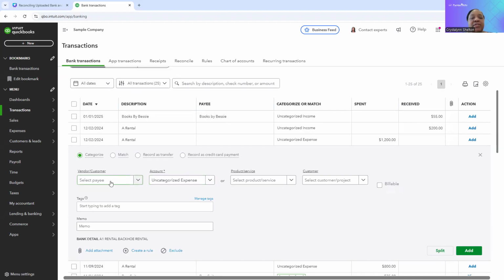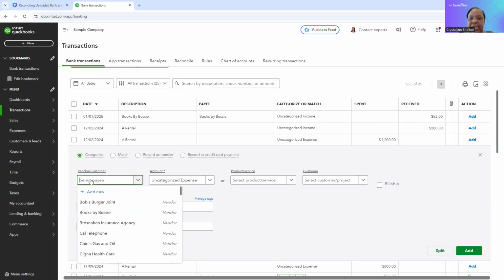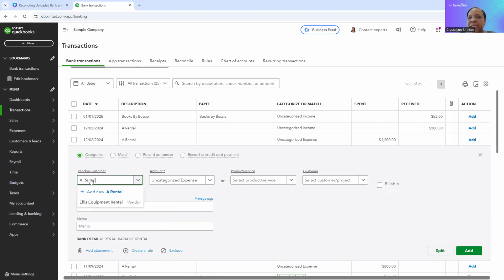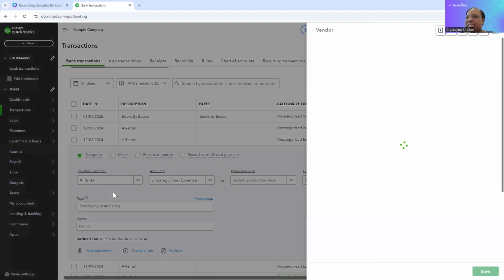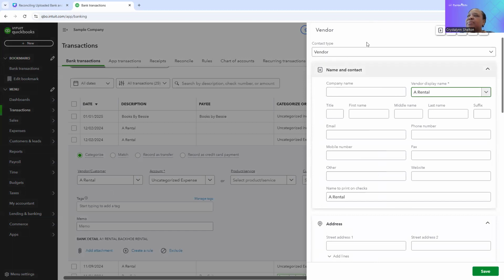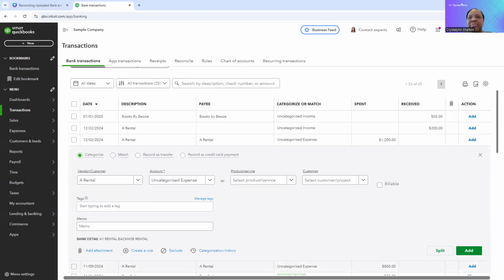The first field that you definitely need to complete is the payee field for a vendor, right? If it's a deposit, then it'll be a customer. And so we want to go ahead and see if A rental is already set up in QuickBooks. Doesn't look like it is because it's saying, do you want to add A rental when I type it in? So I'm going to say yes. It'll open up the new vendor dialog box. You don't have to complete all of these details, just simply save it so that we've got A rental on